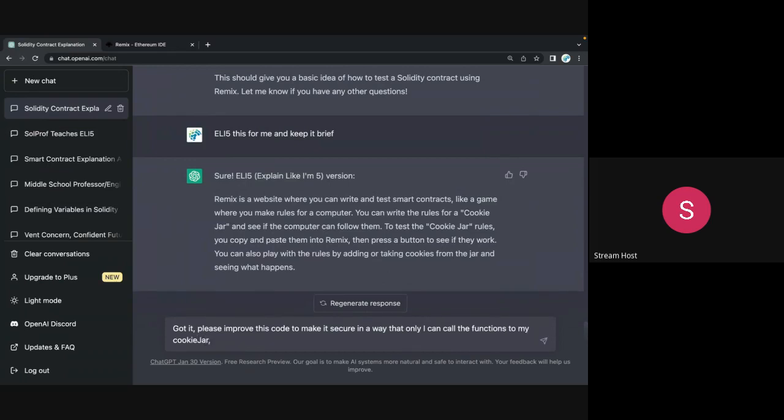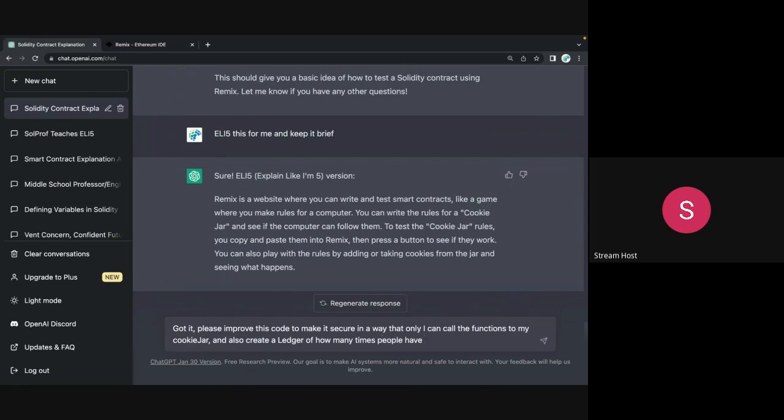What else could we add? Oh, and also create a registry. I'm going to call it ledger. Ledger of how many times people have